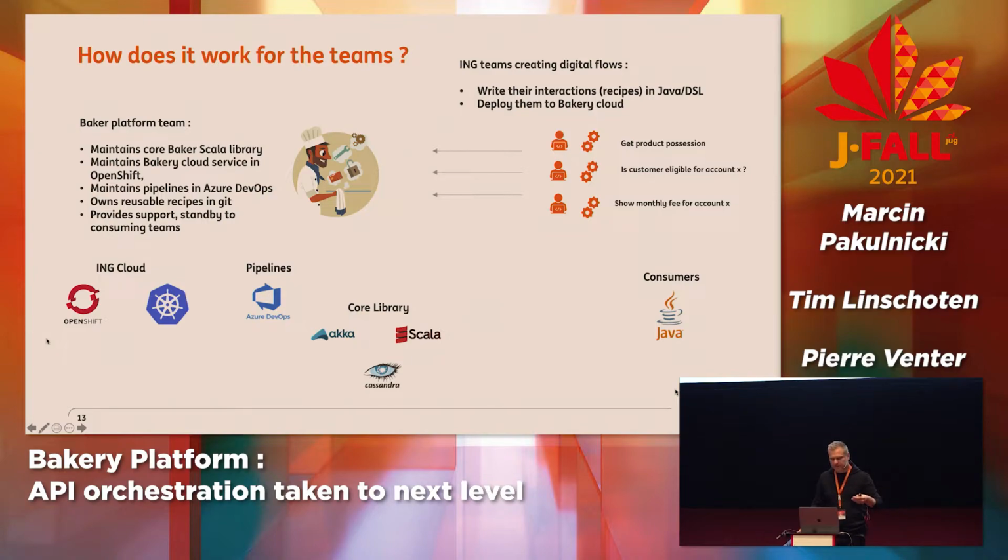And then on top of that, for the consuming teams, we have the Bakery cloud service set up in OpenShift, in containers, so that teams can deploy their DSL recipes there. So the team of Tim actually maintains the Azure DevOps pipelines and the reusable recipes in Git. Of course, it provides support, standby, and